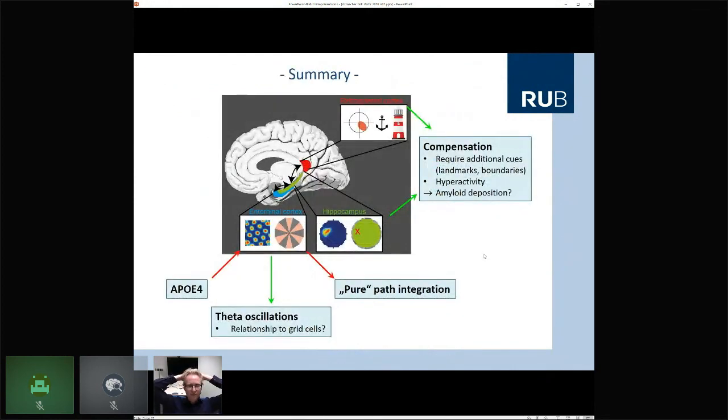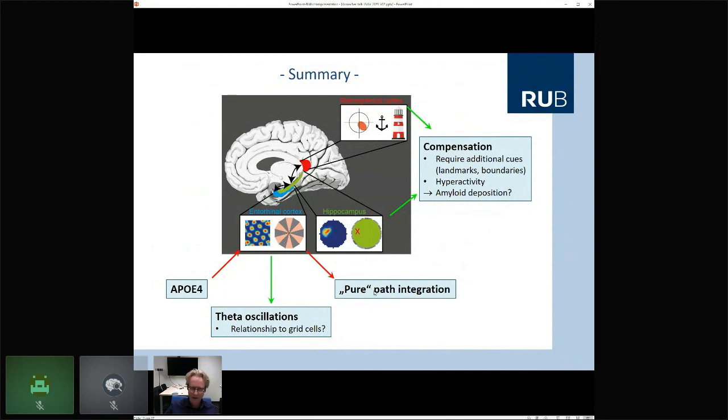So to summarize, we have some evidence that ApoE impairs the performance of the grid cell system in entorhinal cortex, which physiologically relies on theta oscillations. We are currently planning to study how this system directly then relates to the activity of single grid cells in humans. As a result of the impairment of the grid cell system in ApoE4 carriers, we found that they showed